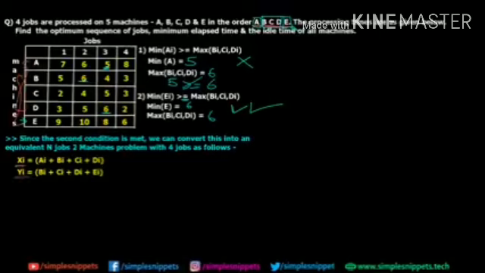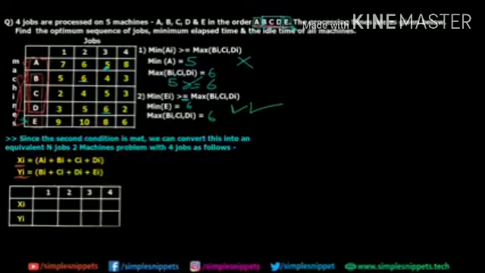For the first machine Xi, we add up A, B, C and D, and for the next machine Yi, we add B to E. Okay, so let's do that. We have the 4 jobs 1, 2, 3 and 4 in the new table, with Xi and Yi. Let's calculate what goes over here. Ai plus Bi plus Ci plus Di, which means 7 plus 5 plus 2 plus 3. That is going to give you 17, right? So I'm going to write 17 over here. Similarly, 6 plus 6 plus 5 plus 4. That is going to give you 21. Again, 5 plus 4 plus 5 plus 6. That is going to give you 20. And 8 plus 3 plus 3 plus 2. That is going to give you 16.